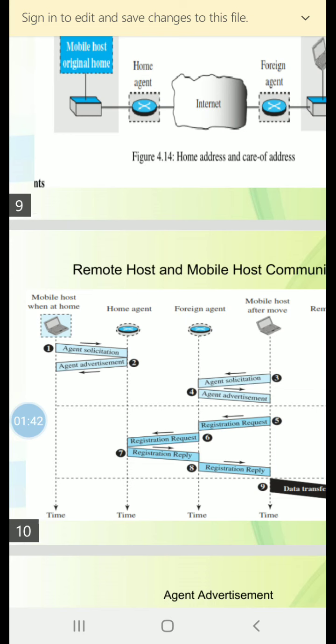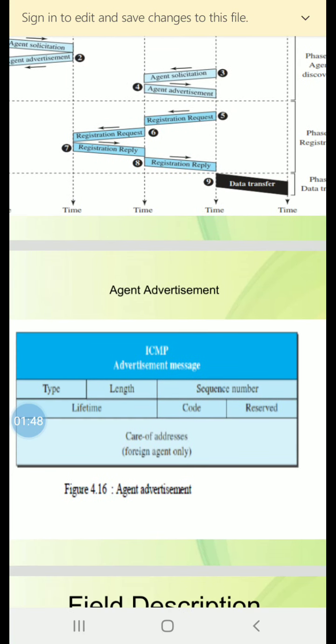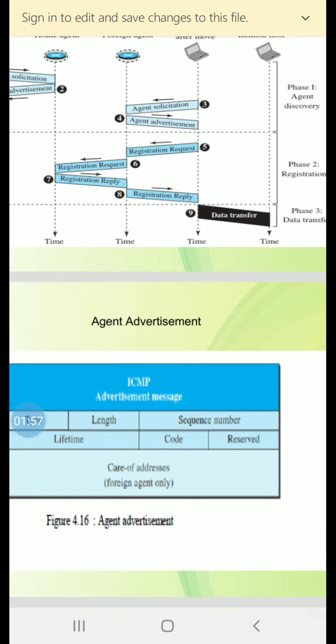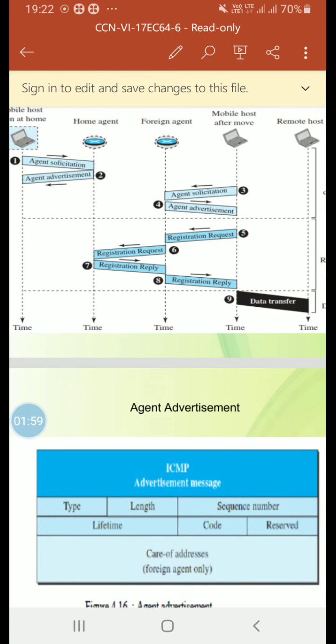So this diagram is going to show an agent advertisement which is piggybacked onto the router advertisement packet.